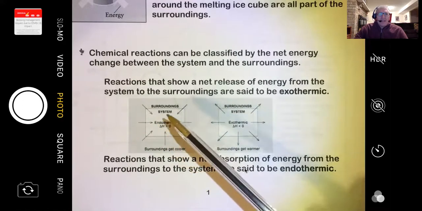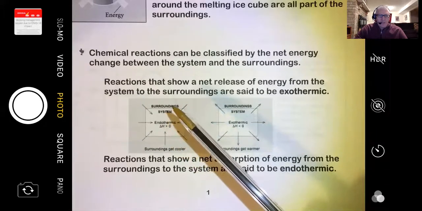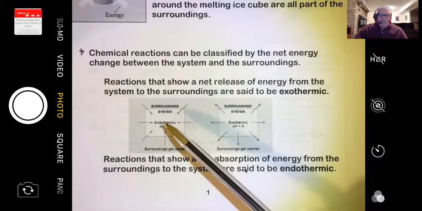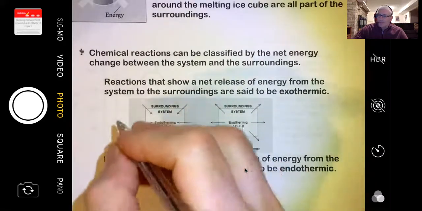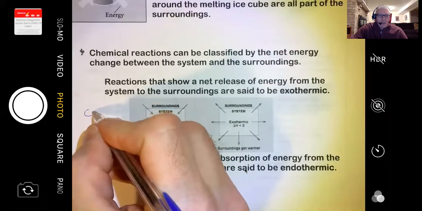The surroundings are going to get colder because the surroundings are losing energy, and as they lose energy, all the particles start to move a little bit slower. So the key here: endothermic reactions are going to cause the surroundings to get colder,